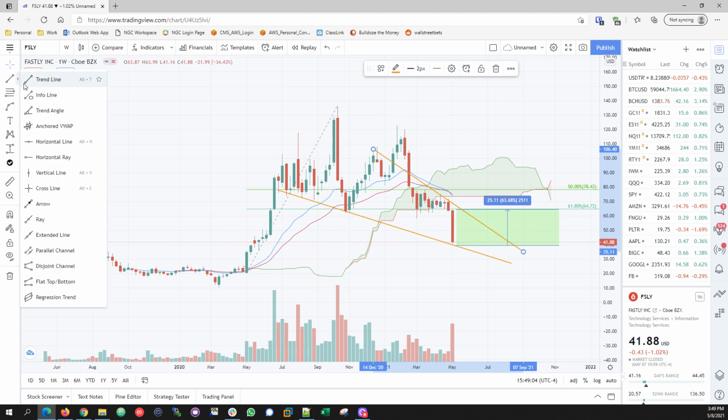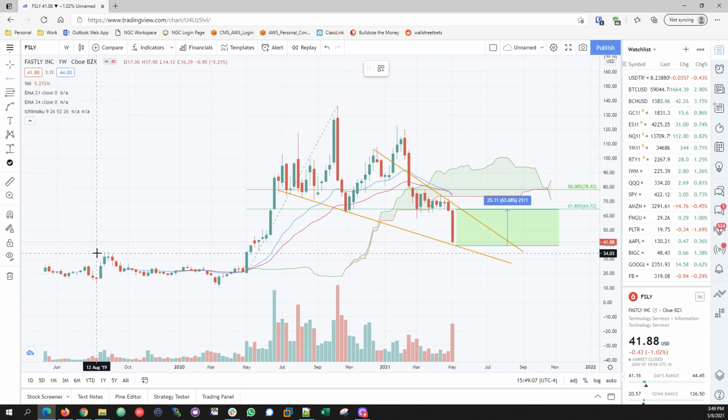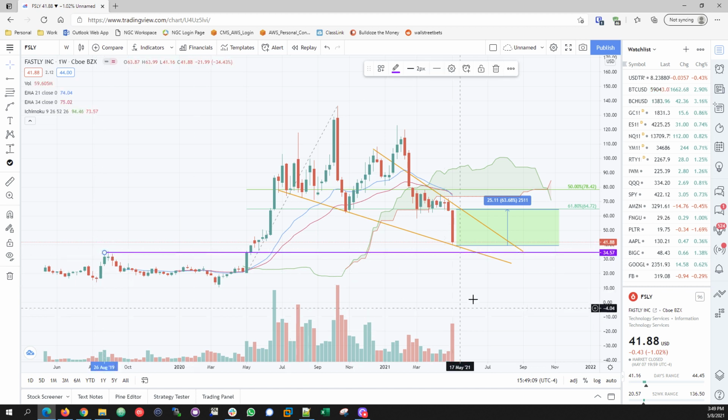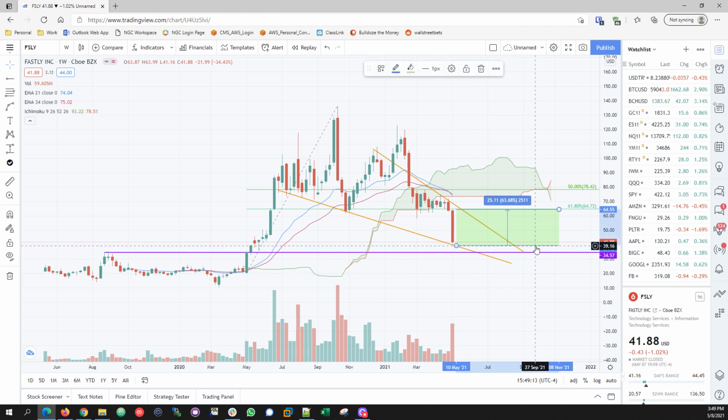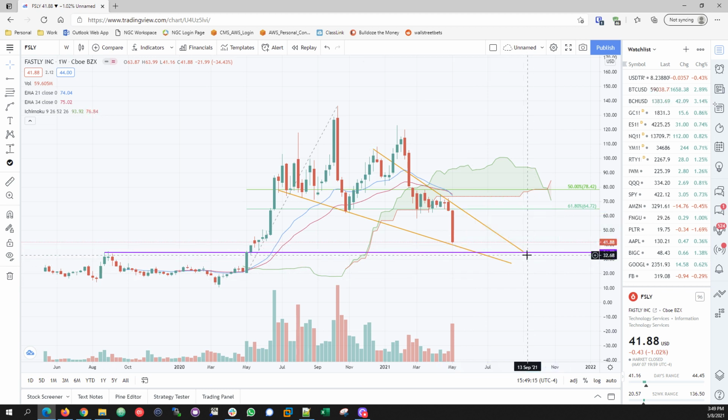I'll tell you where the support line would be if it continues going down. Is this top right here? Okay. So $34 would be my range of just entering and trying your luck. But I've been saying that it lost. I don't know who it is, it might be the same person, it might not be. But after this red candle, I said I wouldn't get in. And since then, it lost 50%.